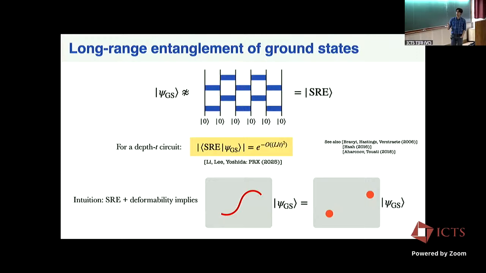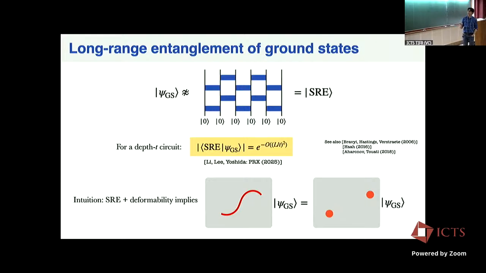And there's a particularly strong form of this statement from this paper last year, which says that if I take any short-range entangled state that I can prepare with a circuit whose depth is some number t, the number of layers is t, which you can think of as the time of how long I evolve, the overlap with the toric code ground state is going to be exponentially small in the ratio of the system size L and this parameter t. To get any reasonable overlap, you really need this t to be the size of the system size. You have to create correlations throughout the whole system.